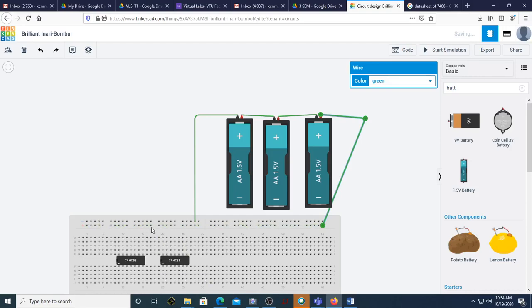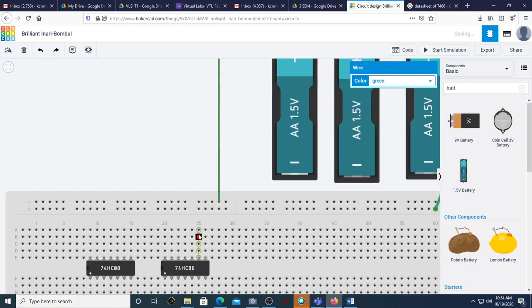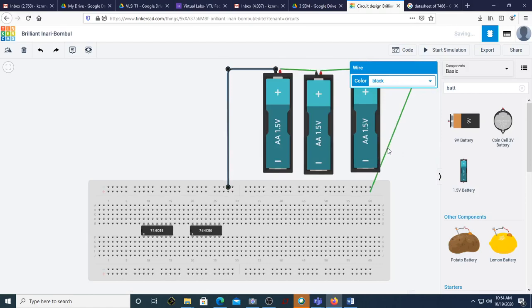So I'm done with connecting plus VCC and minus VCC to the breadboard. I need to connect that back onto these ICs. Before that, you can make this color black, because usually the ground will be black in color. That's a convention. Let me make this red. Let me do the same thing here. Let me connect this to VCC, which is red. Let me make this color also red. This is done.